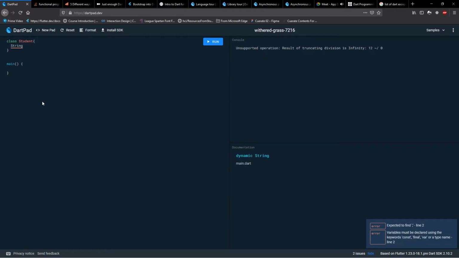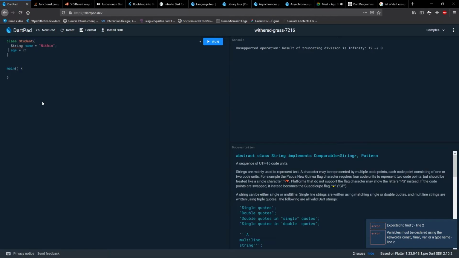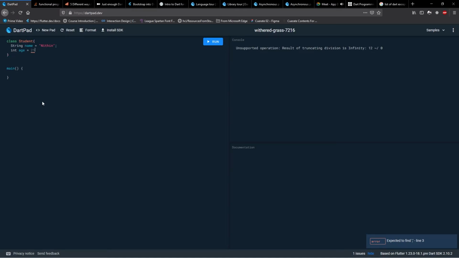There we go. Okay, string name is equal to, then string age is equal to 21. Int age is equal to 21. All right, so I don't think you can do this anyways. Okay, fine. And now you are going to have a function over here, void print student. I'll just go over how you're going to access all this. Print name, comma, age, because it's an integer. All right. So this is our class over here.